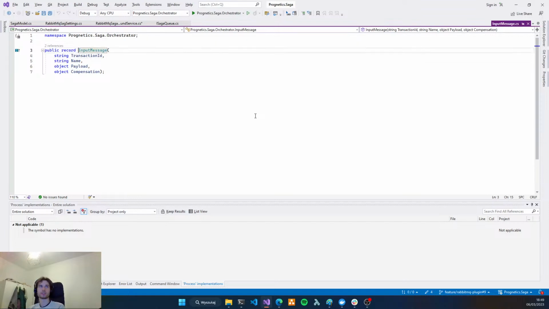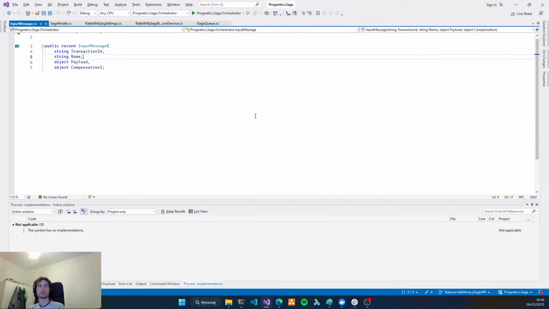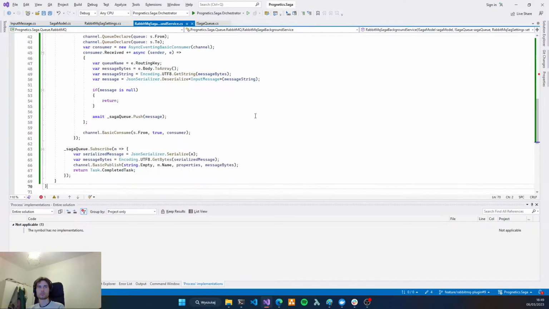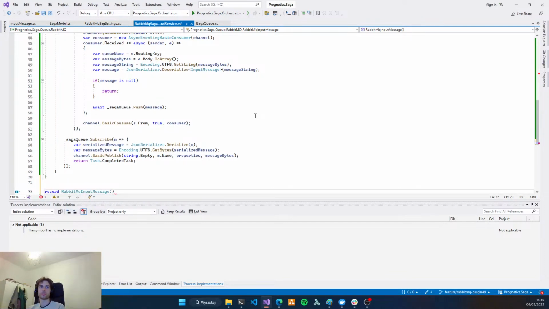Let's change it into a regular class, or maybe just create an input message that will be without name. RabbitMQ input message. Let's simplify the message.